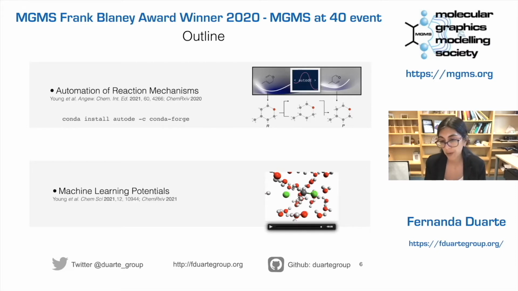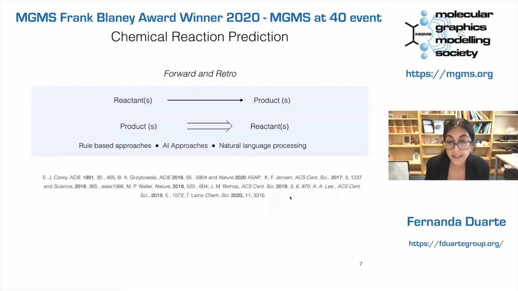And I will be focusing mostly on reactive potentials and small molecules. So let's get started with the first approach, which is very much looking at reaction mechanisms. Many computational chemists, mostly computational organic chemists, will spend many days trying to optimize transition states and explore a reaction coordinate. But more recently, that has maybe not been needed.